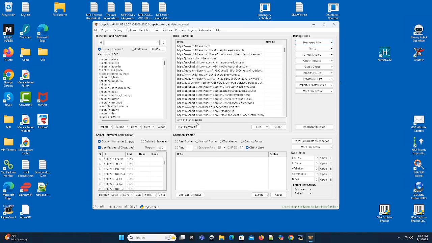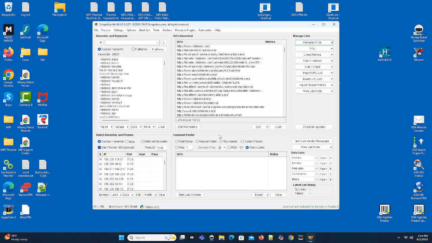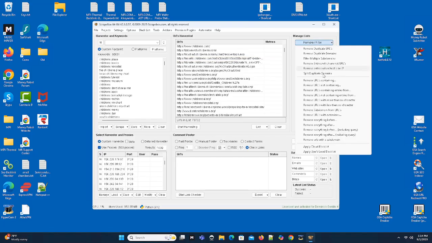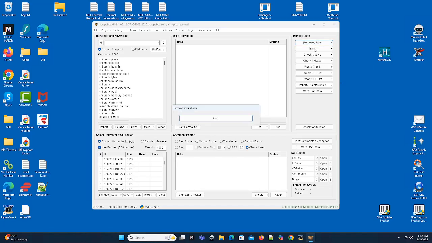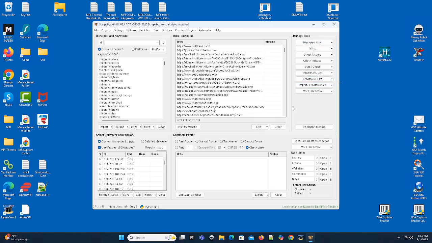Now it's 39,000, and then I like to remove the duplicate domains as well, and look at that. So we only got 73,000, almost 74,000. I also will remove entries which are not URLs and which are not an IP address. Okay? And then, just to give you a sense of what the next steps are, for me,